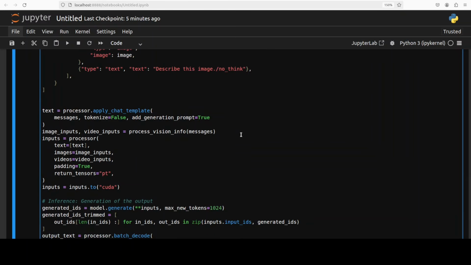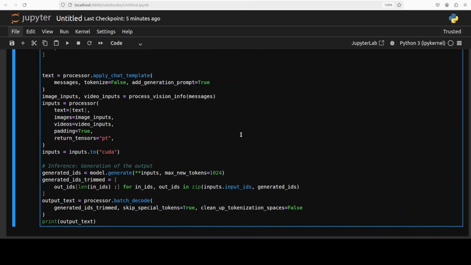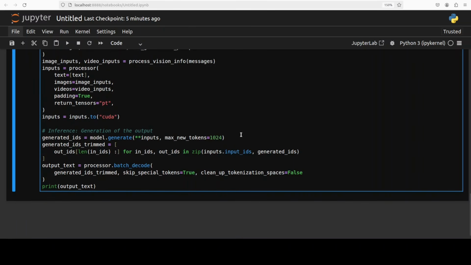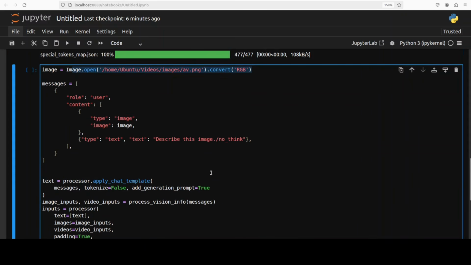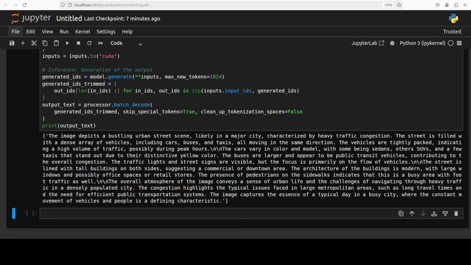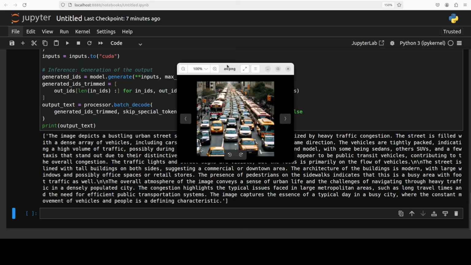and the rest of it is a usual stuff where we are encoding the input of image and text. We are using the model to generate the output with the help of these hyperparameters. We are decoding it back and printing it out. So let me run this, and I'm just going to ask it to describe this image. This is the image I'm talking about. So let's run this. And there you go, it has given me this response,